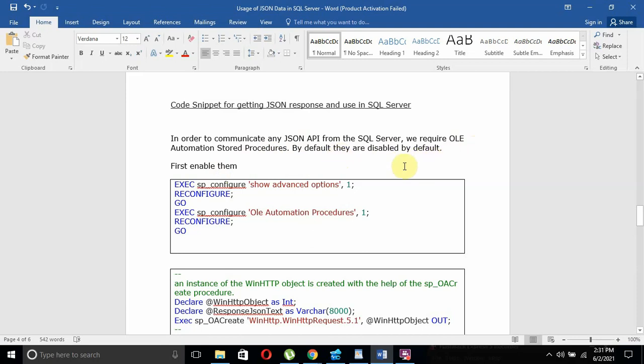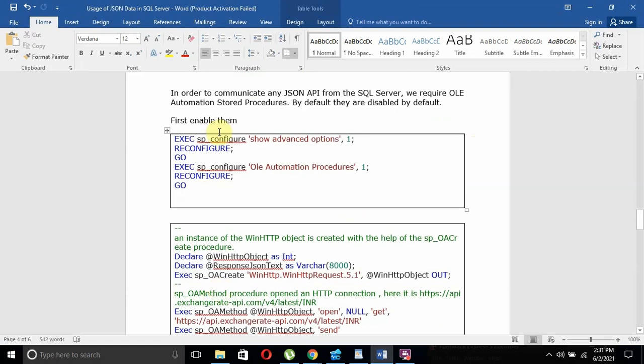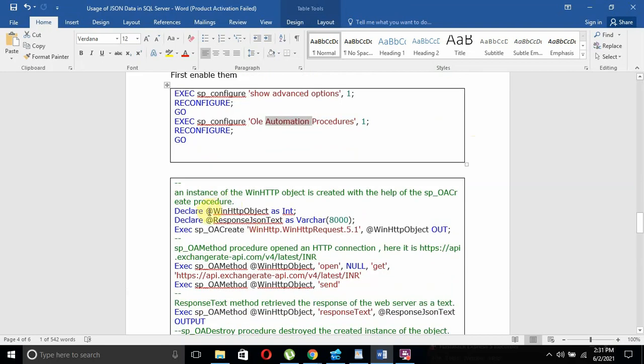By default they are disabled, that is, they are not in enabled format. So first we have to enable them. These are the ways to enable: first show advanced options, then reconfigure, and after that the OLE automation procedures have to be enabled. It is enabled now, and after enabling we can run this set of code.